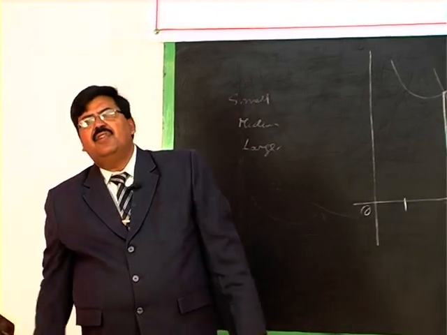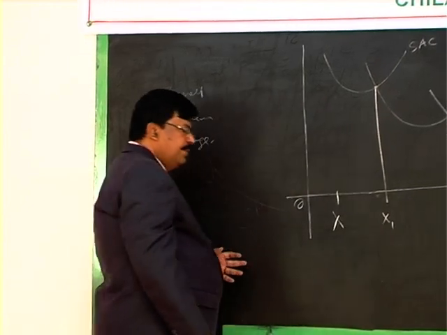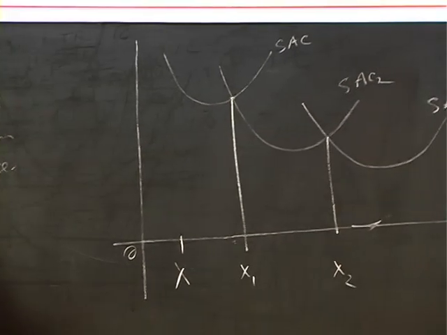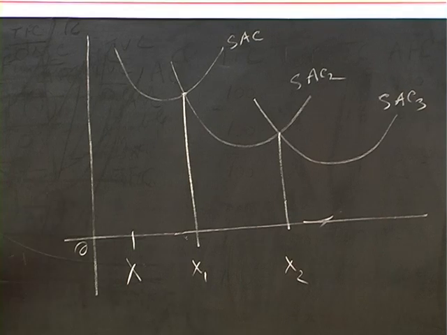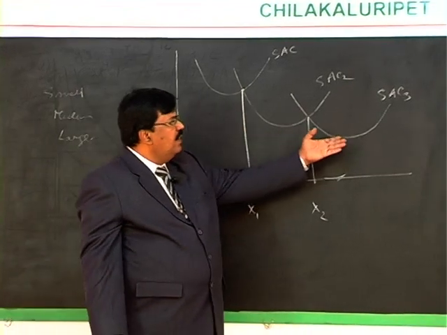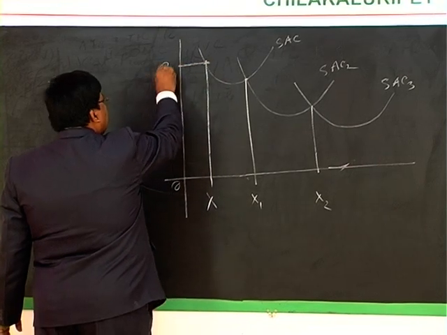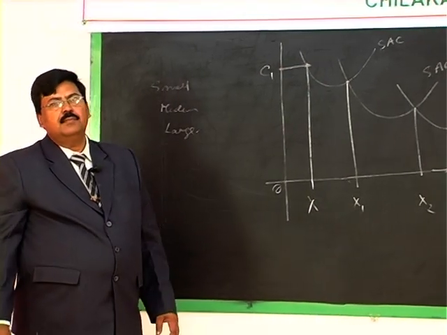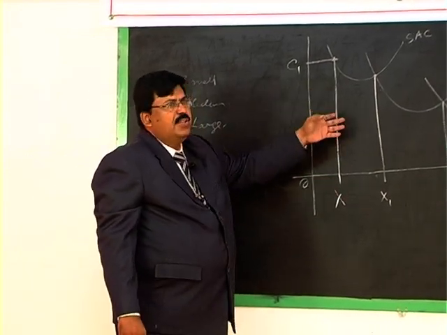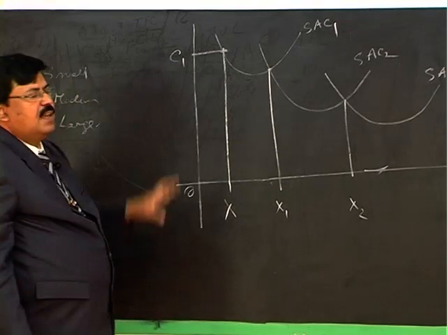Suppose the entrepreneur anticipates that the desired rate of output is OX. That is the profit maximizing or required rate of output for this particular entrepreneur. He wants to produce only OX units. Then he cannot employ a very large machine or medium machine. He will employ a smaller one, and the per unit cost is OC1. If the desired rate of output is OX, he will buy the smaller machine and the per unit cost is given by SAC1, and OC1 is the cost per unit.